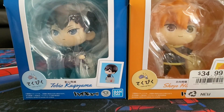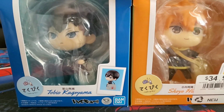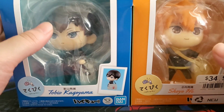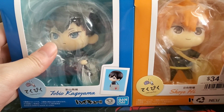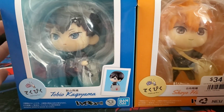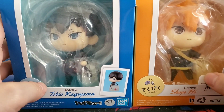Hey guys, so this is my first figure review in this type of accommodations, but basically I don't have my tripod with me anymore and I'm using a phone stand, which is my brother's. It doesn't always give the best angles, I will say, so definitely I would recommend tripods for filming, but anyways, I was gonna film the other figures that I got, like the Demon Slayer ones and everything like that, but